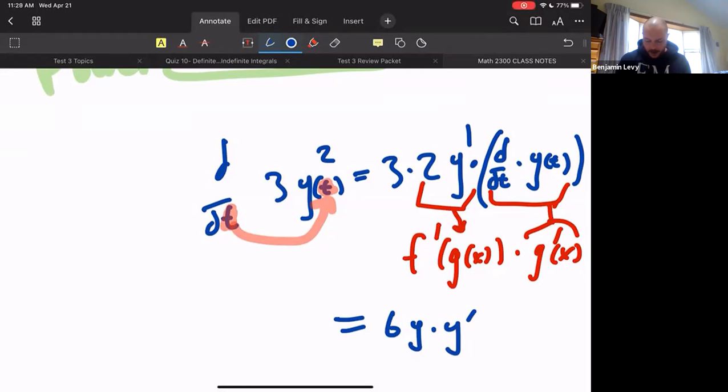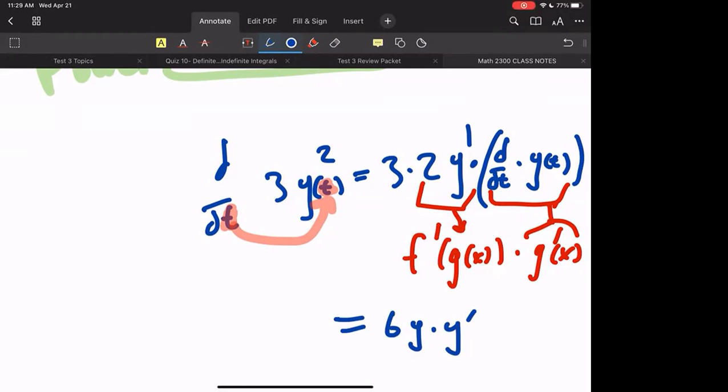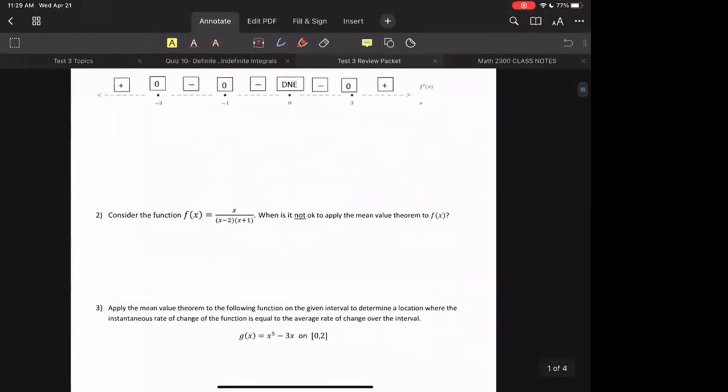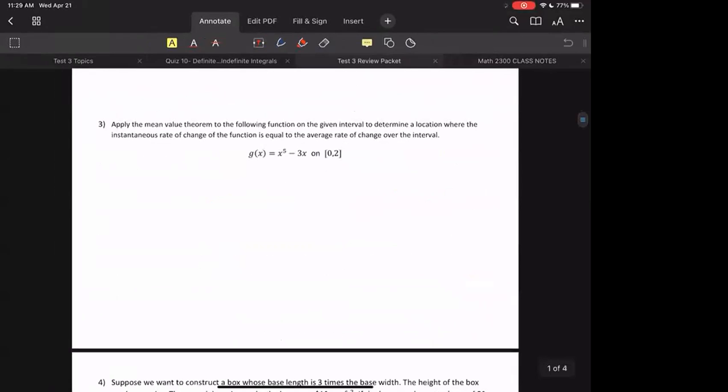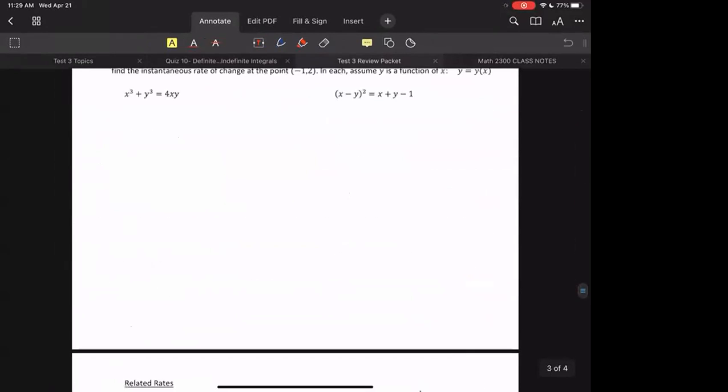Do we want to look at one? Do we feel okay about this and want to go on to related rates? Nah, can we look at one before we go to related rates? I can't say that I've looked at the material you posted yet, because that would be a lie. But I would like to look at one and then look at related rates, since this is going to be inside the next thing.